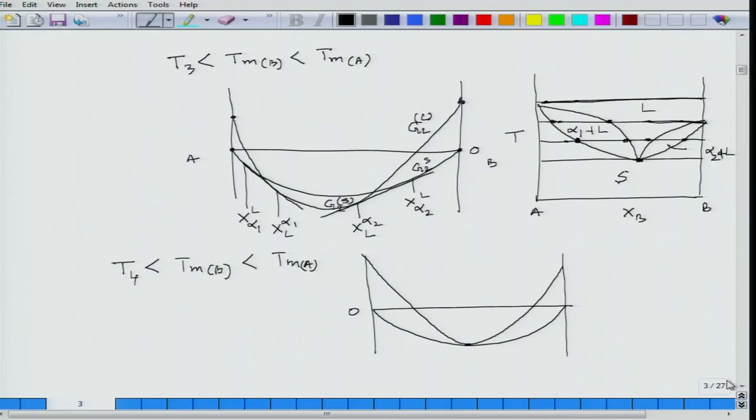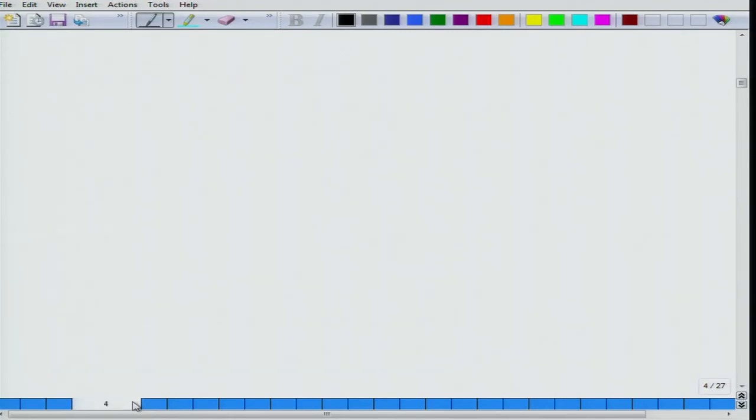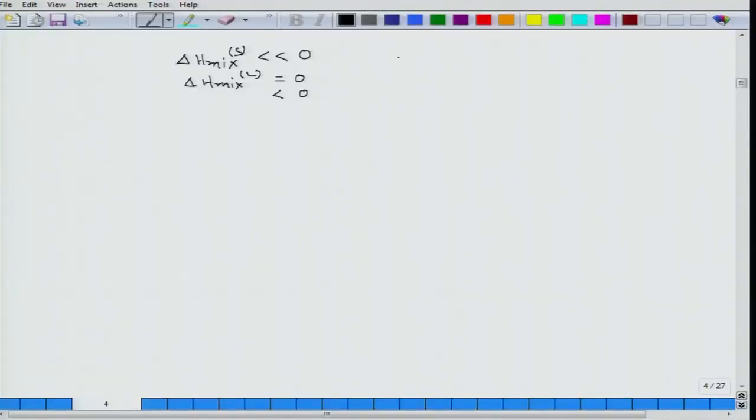Now, this situation becomes opposite if I consider ΔHmix of solid to be less than 0 and ΔHmix of liquid is either 0 or less than 0. That situation I would request you to just solve. You can get help from the thermodynamics book of Gaskell. There, the phase diagram would look like